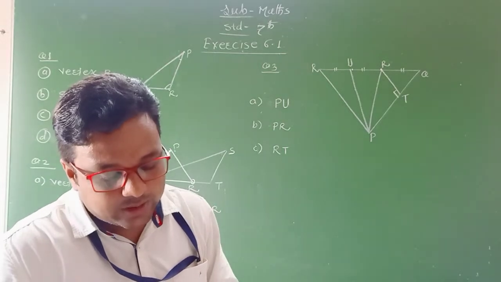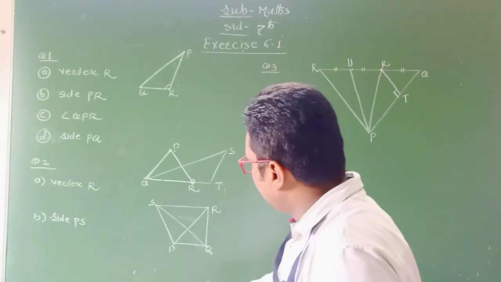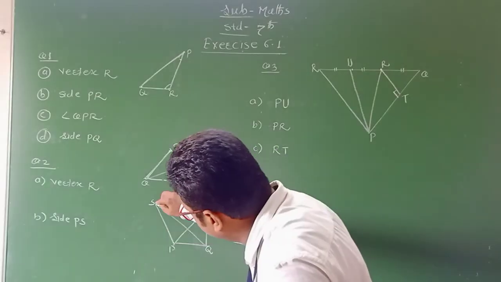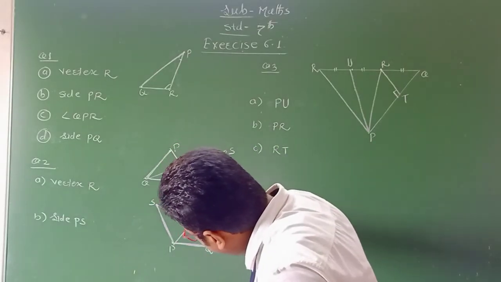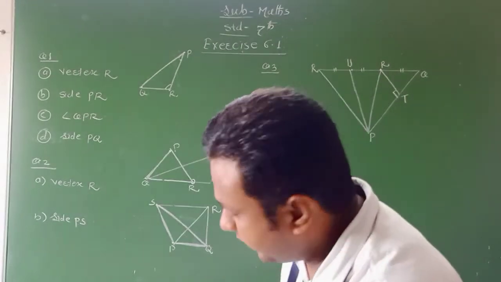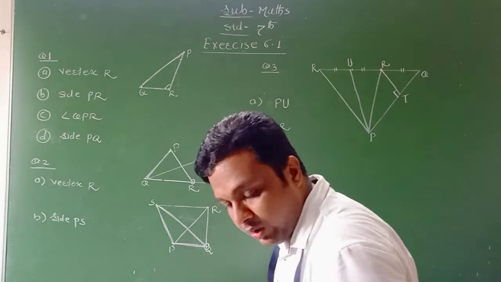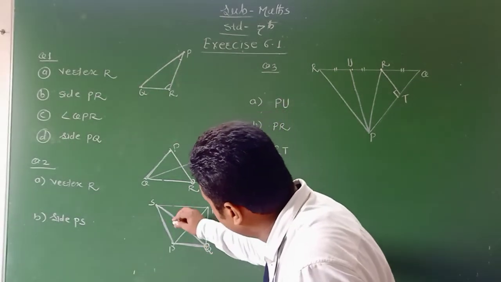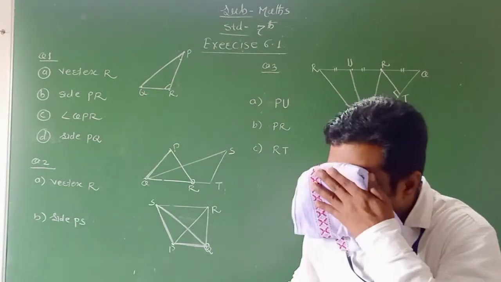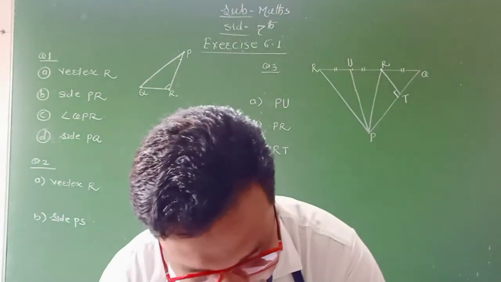Which side is opposite to the vertex Q of triangle PQS? Now the figure is given. First here we find the triangle PQS. PQS means this triangle. Okay. Now in this triangle we have to find the side opposite to vertex Q. This is the vertex Q. Then which is the side opposite to the vertex Q? That is PS. Therefore here I write the answer: side PS, which is the side opposite to the vertex Q. Now see the next question.